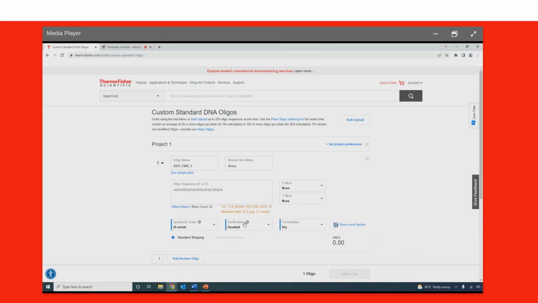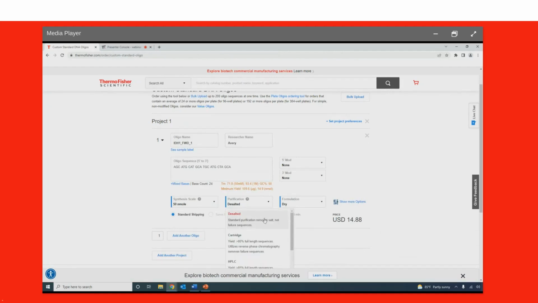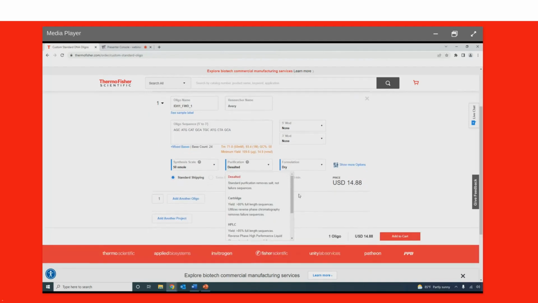And then down here are different filters, different options for exactly what you want the material you receive to be like. So you can choose the scale of the primer you're ordering, however many nanomoles or micromoles of the primer you'd like to order. So we'll select 50 nanomoles. You can choose the purification you would like used for this particular primer. So you can choose to have the primer just desalted. You can have it cartridge purified, so using reverse phase chromatography. You can have it HPLC purified, or you can have it purified via